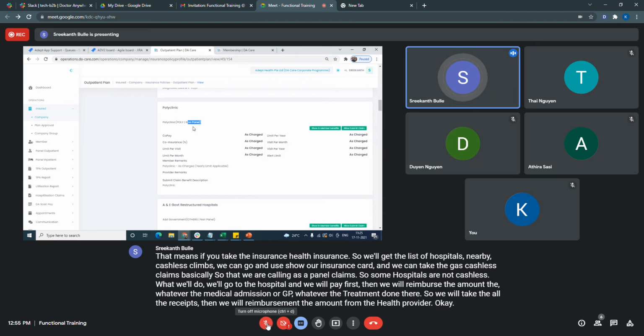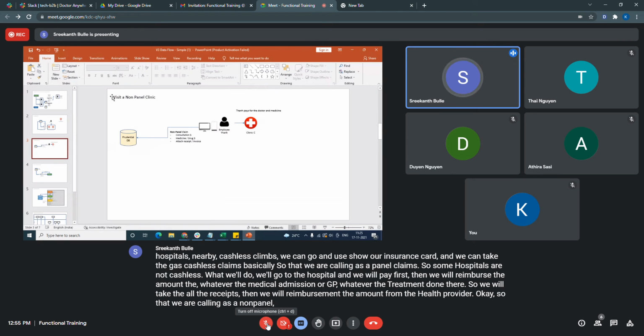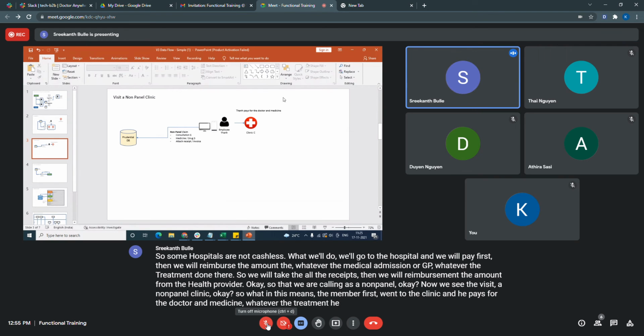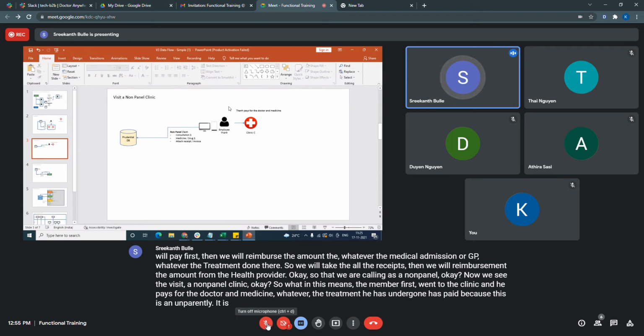That we call non-panel. Now we see the visit to a non-panel clinic. The member first goes to the clinic and pays for the doctor and medicine, whatever treatment he has undergone, because this is not a panel clinic.